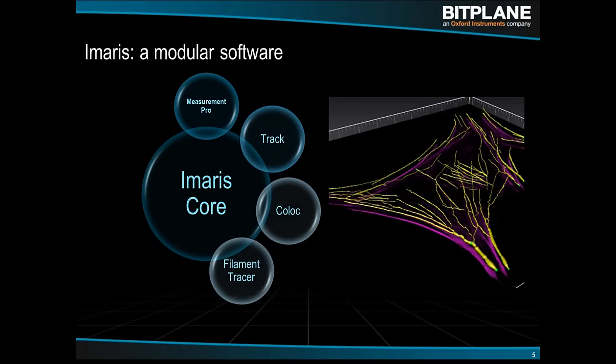Filament Tracer is primarily used for neuroscience applications, but as the name implies, there are other potential applications in the form of anything that is somewhat filamentous or line-like or tube-like. As with all of the other modules, it traces in 3D space and can handle the time series as well. And here again, the method of detection is a bit different. Sort of like when you add the track module, there are some additional segmentation tools added to actually extract the